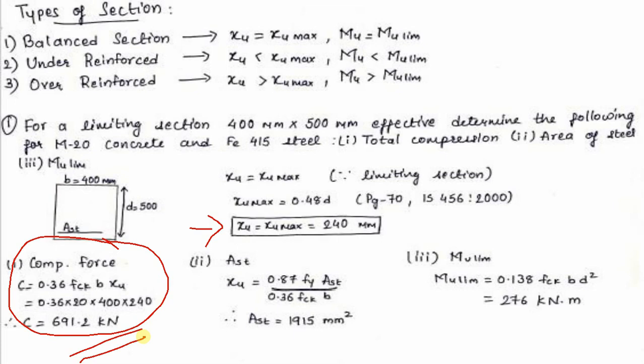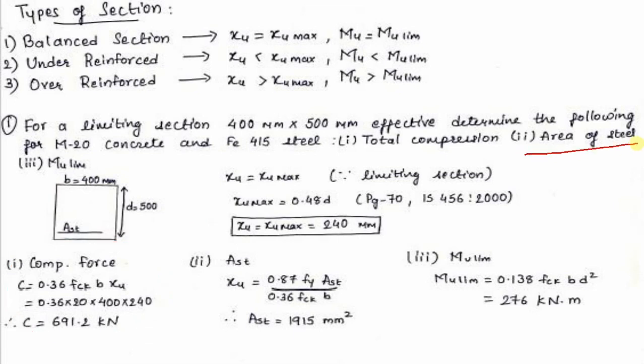Next, the second question that has been asked is to calculate the area of steel. The area of steel is denoted by capital Ast. Again, st doesn't stand for steel. It elaborates as A stands for area, S stands for steel, and T stands for tension. So we will be describing the term as Ast. And to find Ast, we will always be going to page number 96. So pause this video and move on to page number 96 of your IS code.